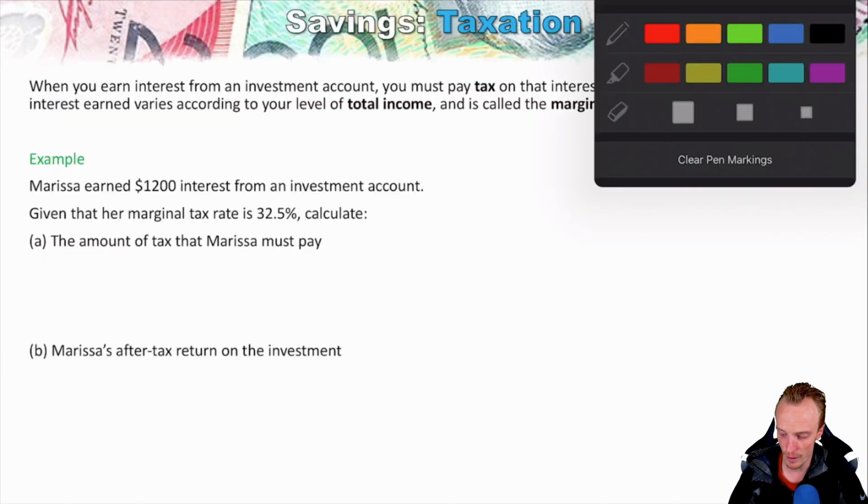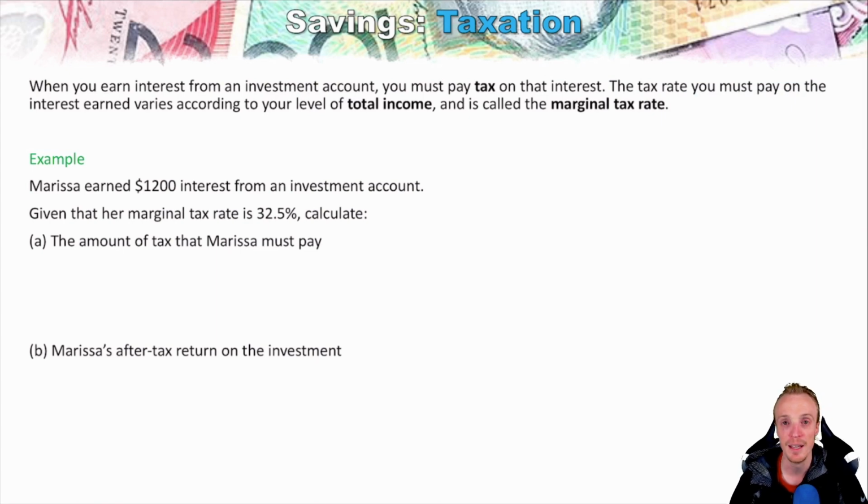Now, when we're investing money, the interest that we're earning from that money is a form of income, and any form of income is taxable. So only the interest part of it is taxable, not what the balance of the account actually is. So, you might have had $10,000 at the start of the financial year, and you might have earned $50 of interest for that year. You're only going to be taxed on how much you earned from it, because that's the part that's the income, not what the balance is. You're not going to be taxed on the $10,050. You're going to be taxed on that $50 that was part of the income. So that's something that's really, really important here.